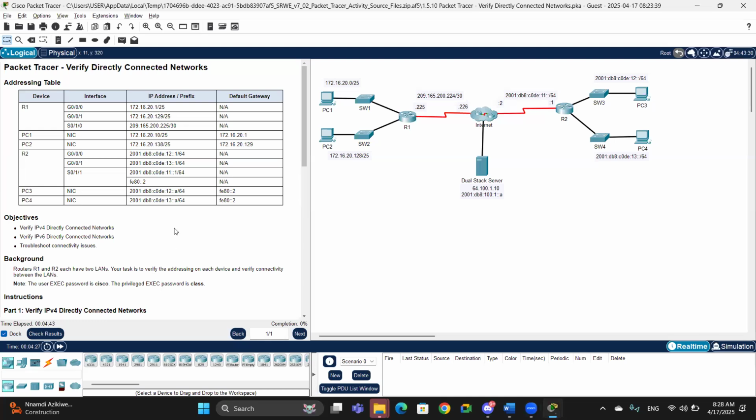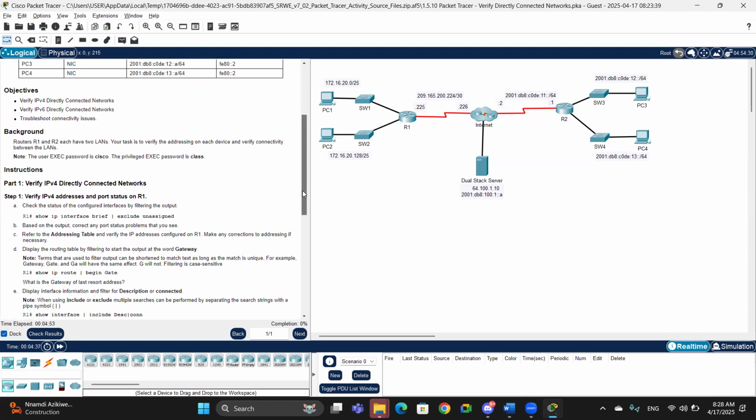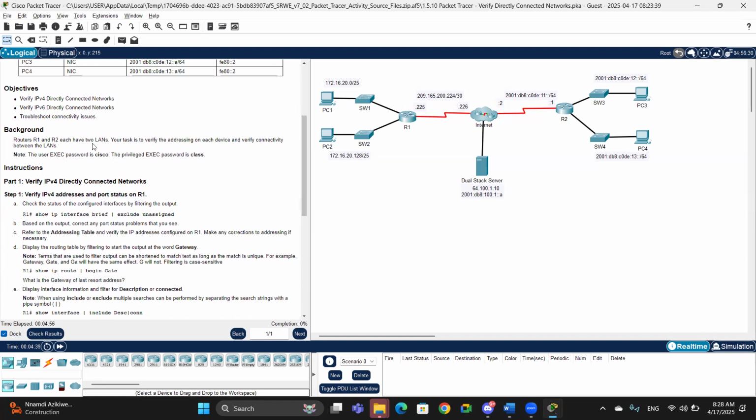In this activity, the objective is to verify the IPv4 directly connected network, verify also the IPv6 directly connected network, and troubleshoot connectivity issues. That is the advantage of mostly using the show command. Whenever we have any issue and we want to verify any connectivity issue, we can always use the show command to do that. We should note that our user execution password is Cisco and the privilege password is